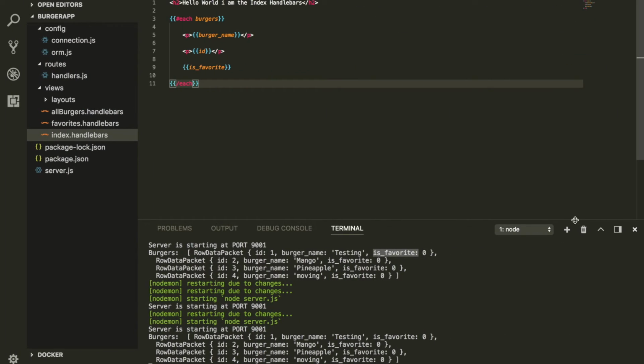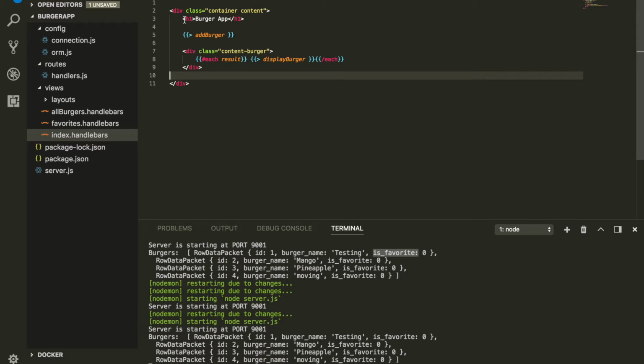But we're gonna do something different. Instead of having this value, I'm gonna copy some HTML I had, and what this is gonna do is technically replace them here. All right, so here's what we got right now. We got a class with container, content, h2, and then we're gonna hold on to this one for now. And then we're gonna actually see this one and what this is doing. Before we can even see this one here, I'm gonna go here and technically copy all of this and paste this one in here. So after we loop over the burger,